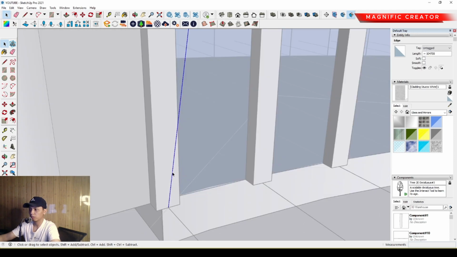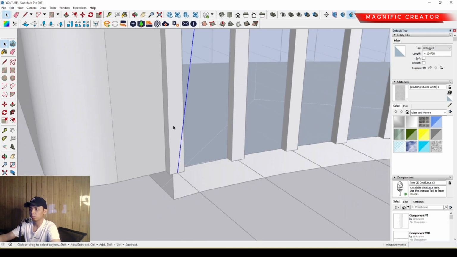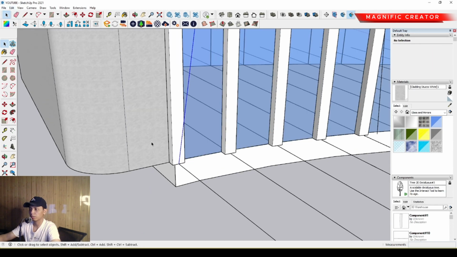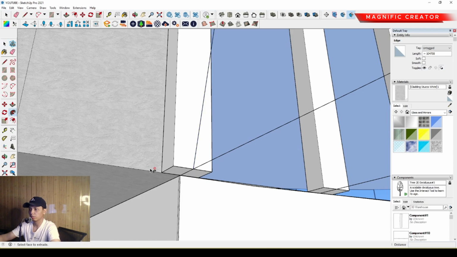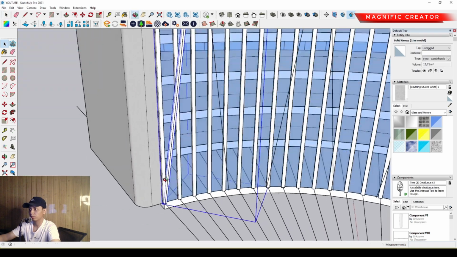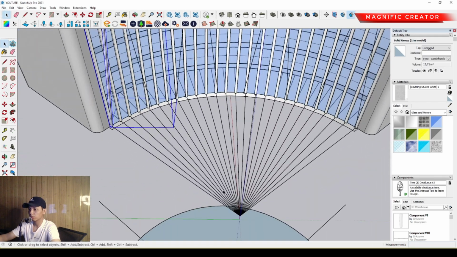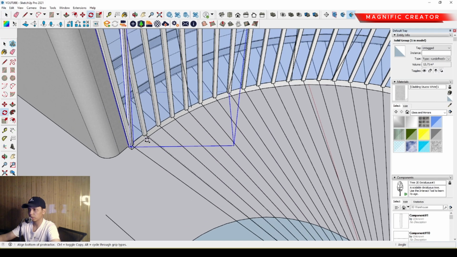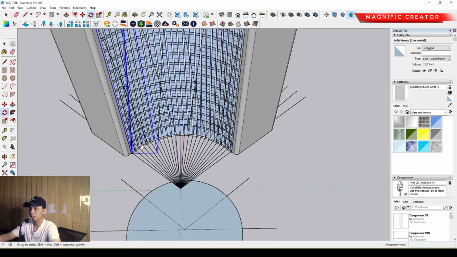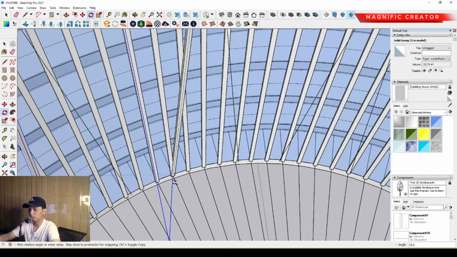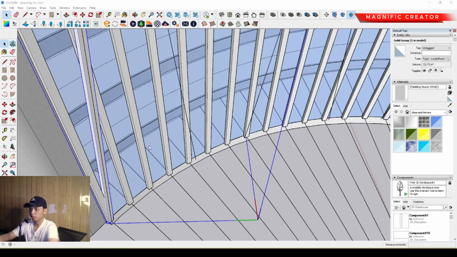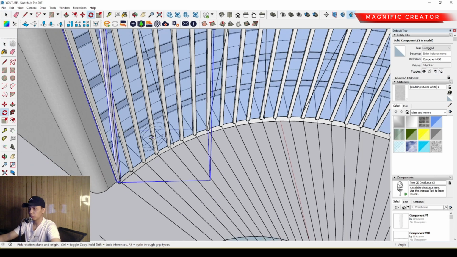Then we can select it, copy, and we can paste in place. So then we can make a follow me with this line, and then we can make group, and we can duplicate it by the radius. We can duplicate it by selecting this line, and then select this line and also. Sorry, we have to make it component first. We have to make it component, create, okay,